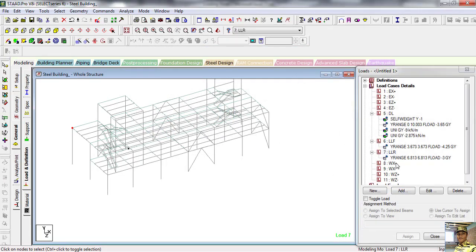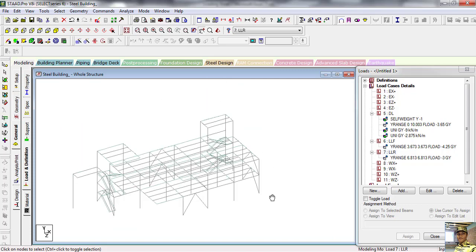Now we put the live load here and here. So assuming our minimum live load is 1.6 kilonewton per square meter for servicing anything.